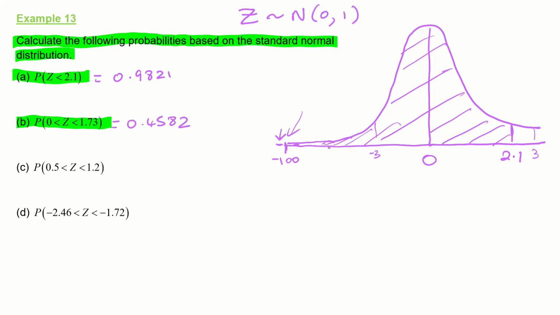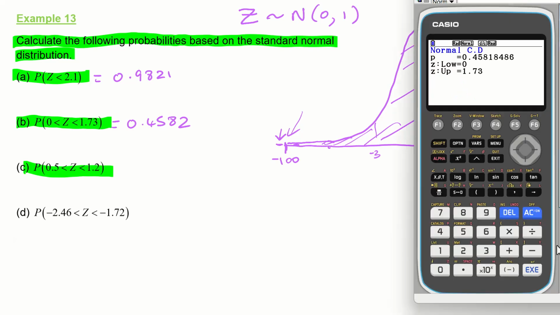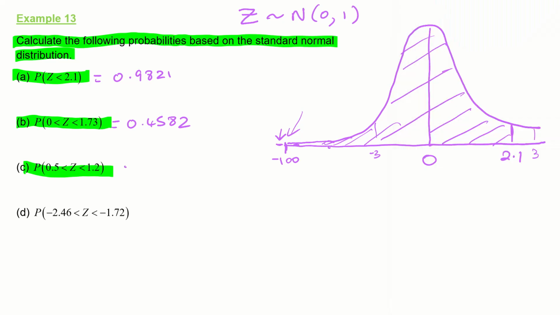And then same sort of thing going between 0.5 and 1.2. So back to there, and then we're going to go lower is 0.5, upper is 1.2, and we get 0.1935. Very often we give these to 4 decimal places, and that's just a hangover from when they used to use